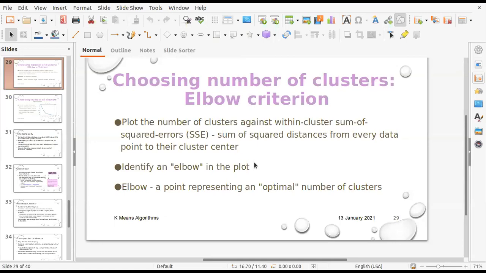There is something like partitioning around the medoids, and there are some variants of this. Like you will find CLARA, that is, clustering large applications, a data set which you can download and work on. And CLARANS, which is clustering large applications based on randomized search. So there are some variants of these also.